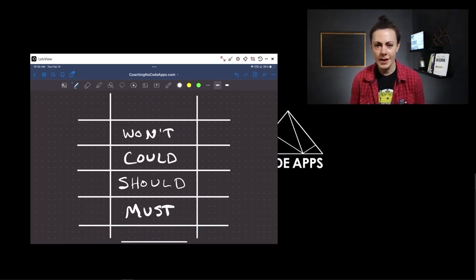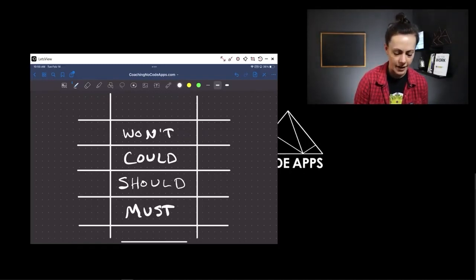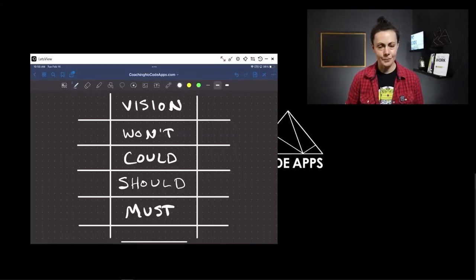And one thing I want to make sure you understand is that at the top of all of this is your vision. Now, vision might sound a little bit woo-woo for some people, but really this is just your goal for your app and yourself. So think about two specific things. What is the impact you want your app to have upon your users and their lives or their businesses? The second thing is, what is the impact you want your app to have upon your own life?